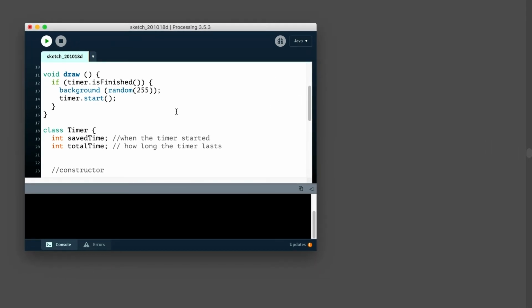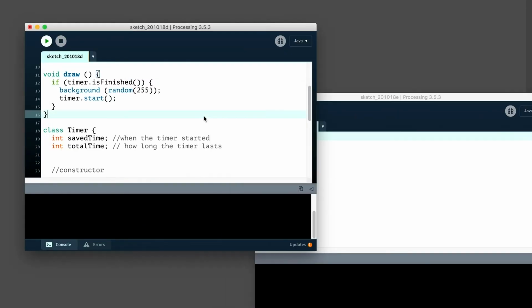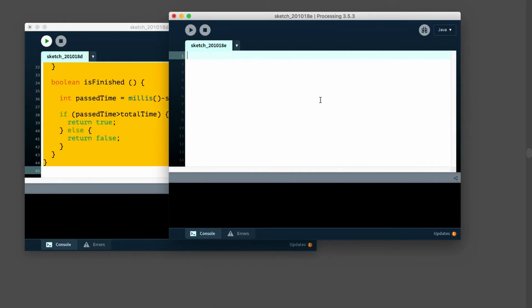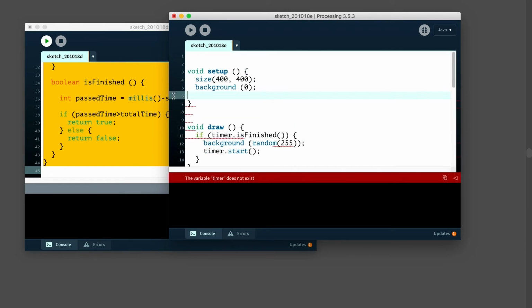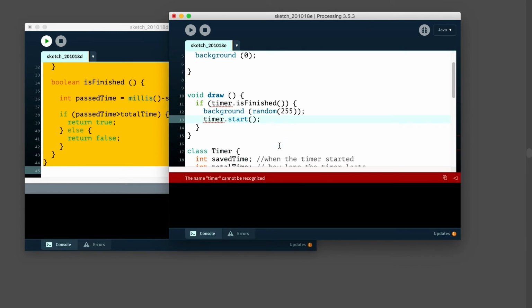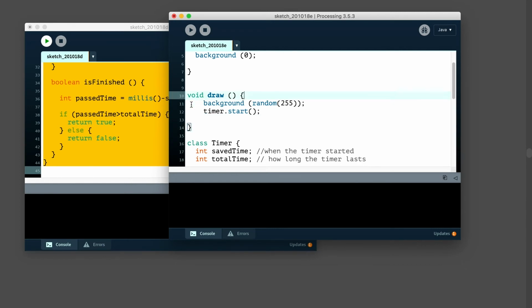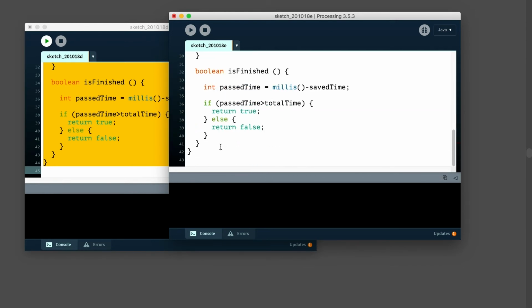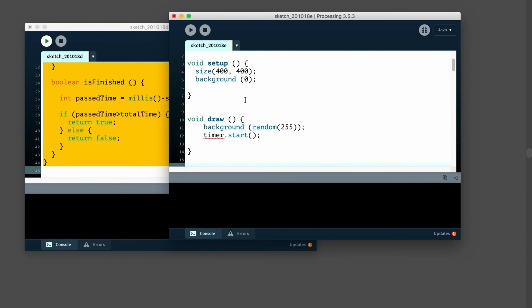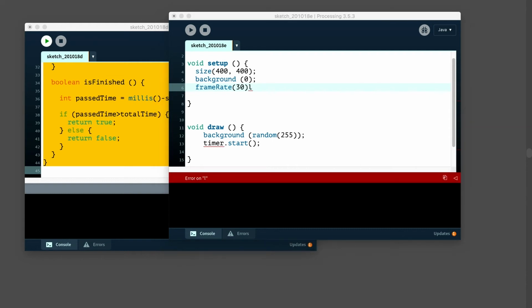The other way that we might want to do it, let me take this code and take out all the timer stuff, and do a similar thing, except just do it with different code. So I could use millis again, or I could use frame count as sort of an indicator of how much time has passed. Now we can set a frame rate up here. So for example, if I set the frame rate to 30, that's one way of setting the time.